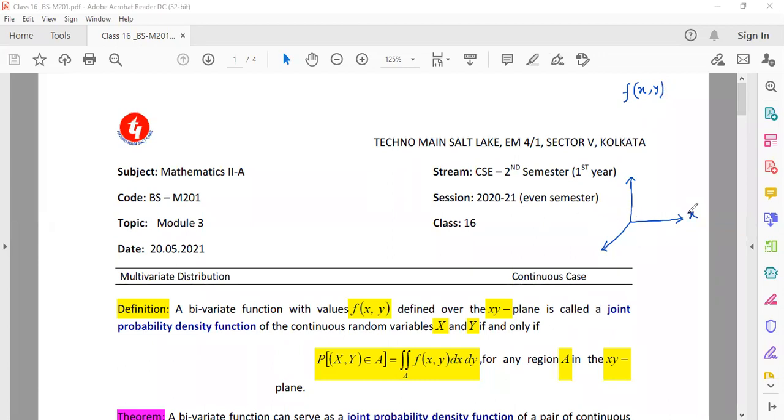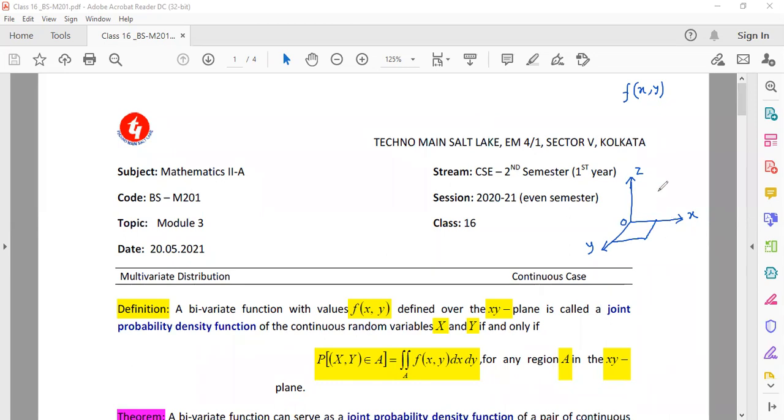So if I consider this to be my x axis and this to be my y axis, and we are only considering the positive quadrant for simplifying things, and if this xy plane is my domain of interest,